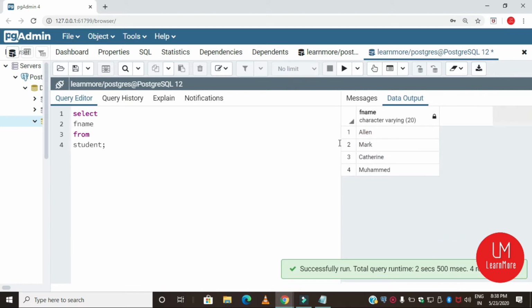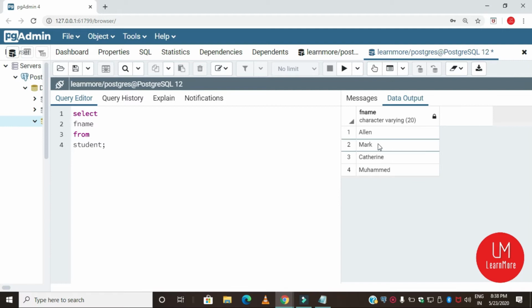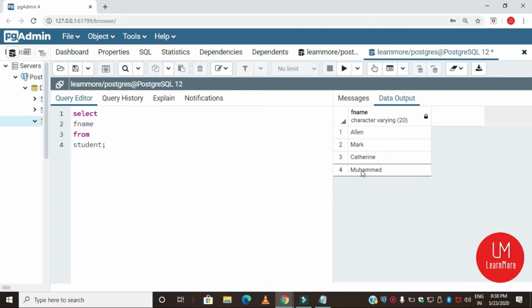Then you will get all the first names from the table student. We have 4 rows in this table, so the query will output the first names of the 4 rows.